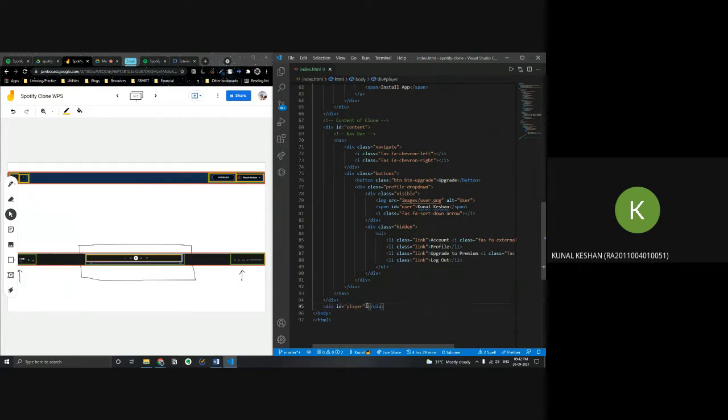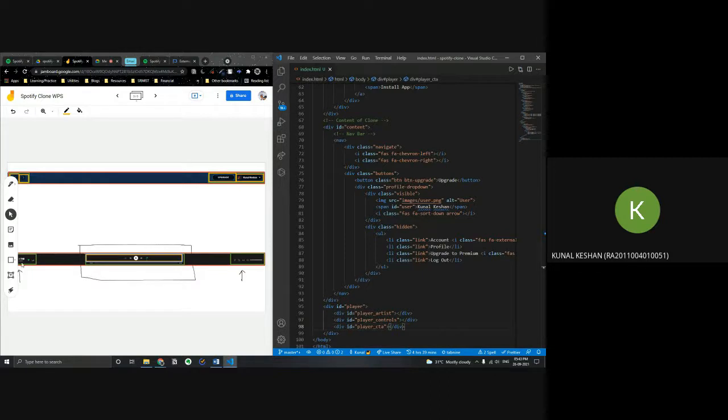Within the div, we have three parts. The first one is with an ID, you could call it player artist. The next one is player control, that is the middle part, and the third part is the other call to action button. So you can just call it a div with an ID player CTA, call to action basically.